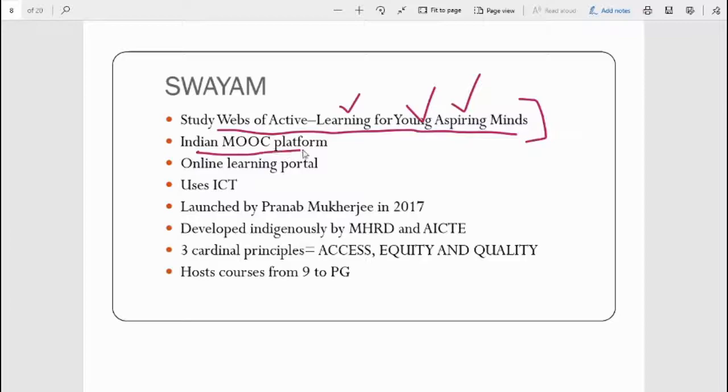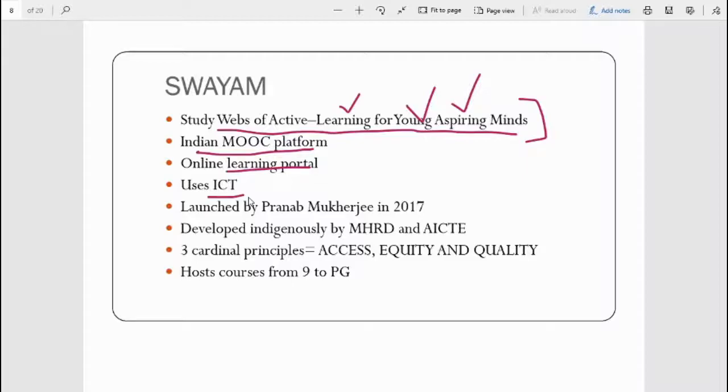It's an Indian MOOC platform. What is MOOC? MOOC is a massive open online course. About this, I will discuss in detail. So just relax here. It's an online learning portal. It uses ICT. What is ICT? Information Communication Technology. In ICT, there is basically the integration of telecommunication, like telephone as well as internet, and through this integration you communicate.